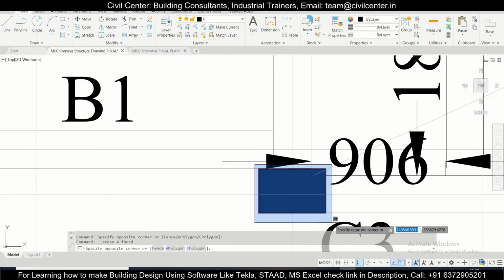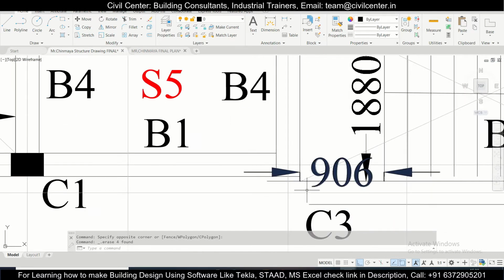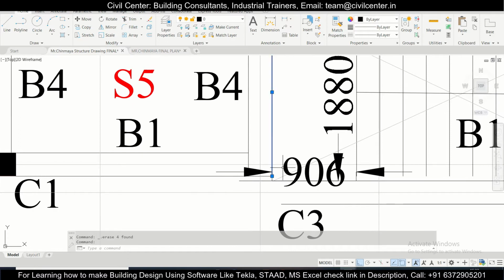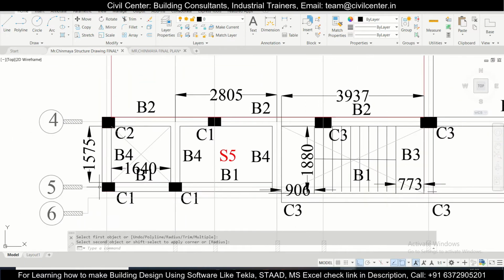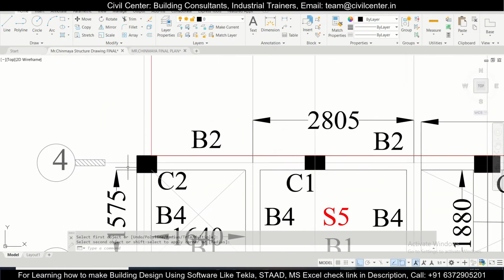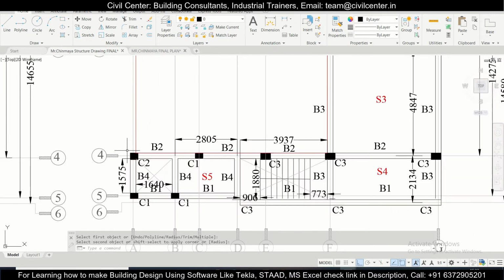Select this and select this, select F, enter, and then select this. Okay, this is done, and this one is okay, this one is also okay.